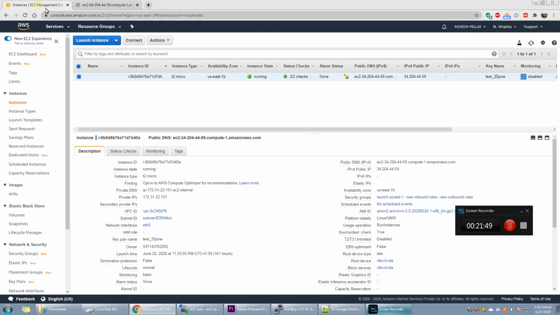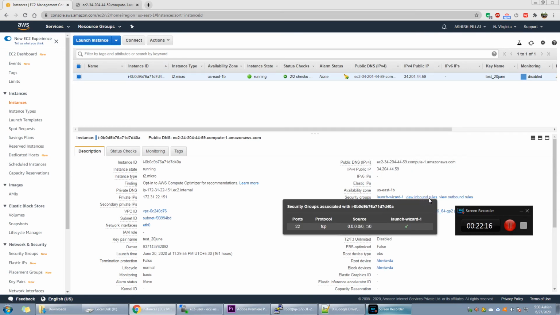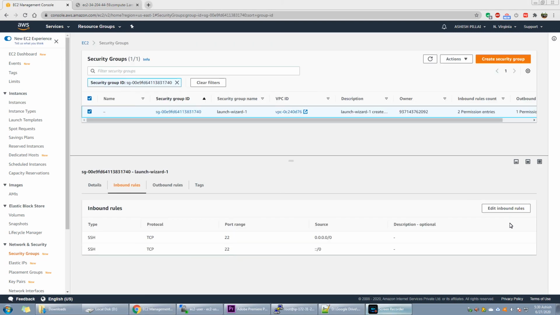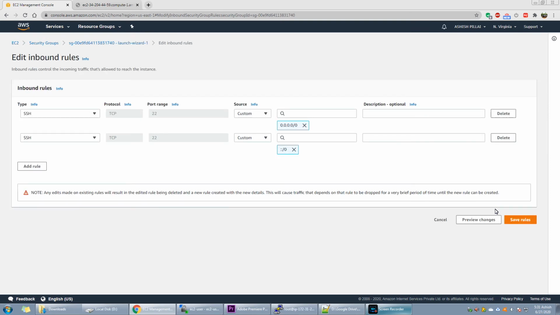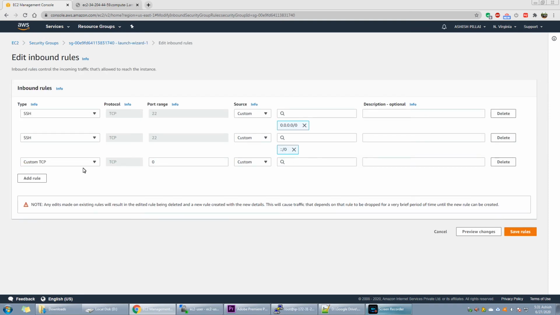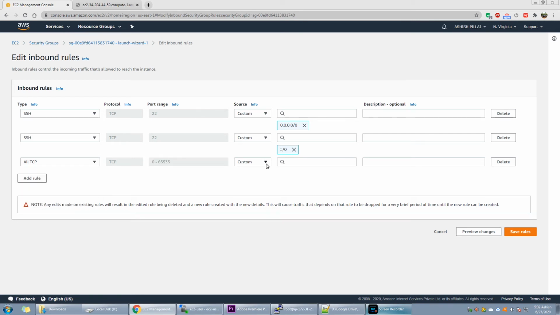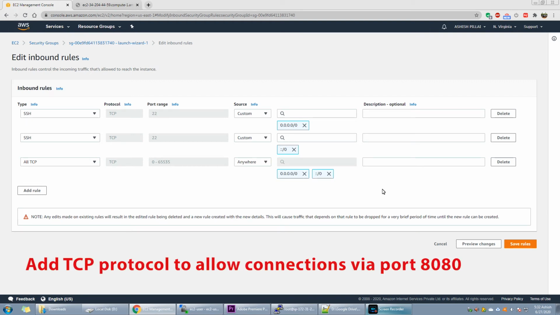Okay, so whenever we get this kind of issue, first we have to check the security groups whether we have selected all the required ports or not. As you can see in the inbound rules, we are only allowing port 22 for connection. So maybe this is the problem. Let's see. So as you can see here, the port 8080 is missing. So let's add this port. Save these rules.